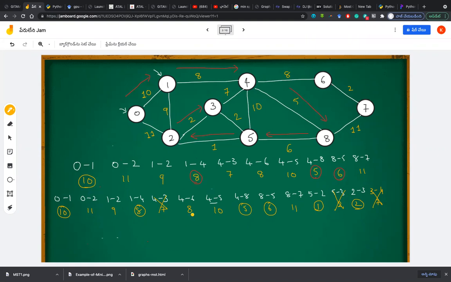Among 4 to 11, 4 to 6, sir. 8, 10, 11, yeah, 4 to 6 is minimum. So we select this one. So that means we now have to go from this to this. And when we are at 6, 6 has only one thing, like 6 to 7, right? So let us write 6 to 7. That is nothing but having 2. So among 11, 9, 10, 11 and 2, 2 is minimum, right? So hence I will select this path.